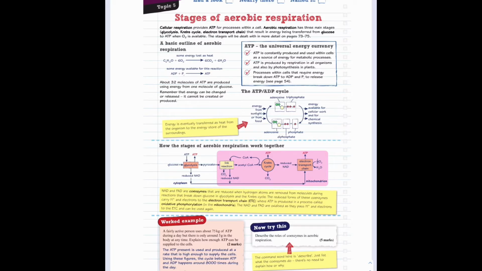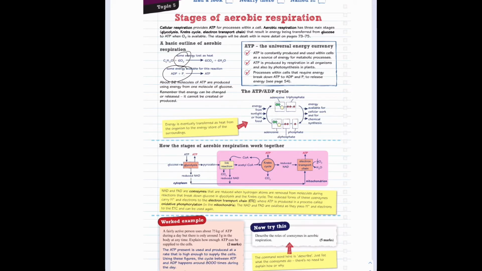So we've got glucose and you get oxygen combining together, and they will form carbon dioxide and water, and energy is lost as heat to the surroundings. And what happens is ADP is combined with phosphate to produce ATP, and that is the energy available. And about 32 molecules of ATP are produced from one glucose molecule. And remember, energy is only changed from one form to another, but it cannot